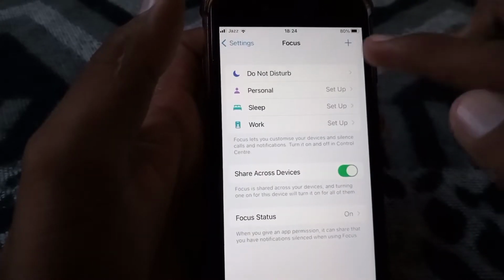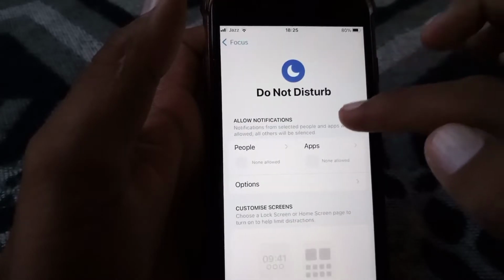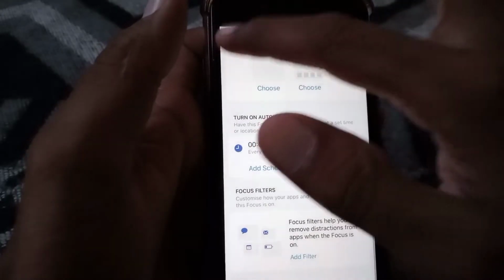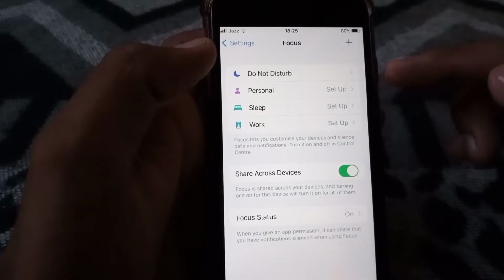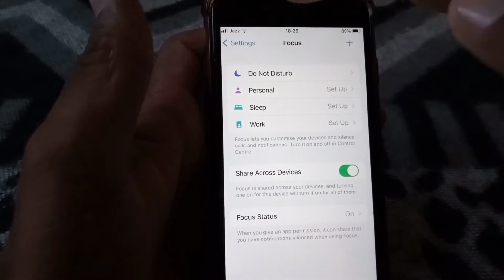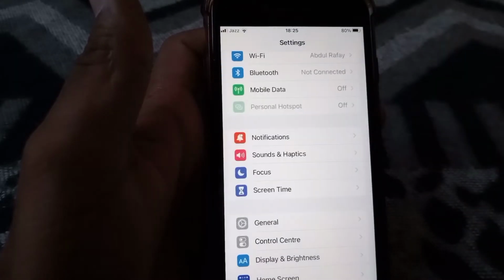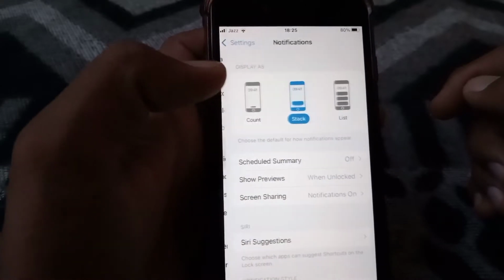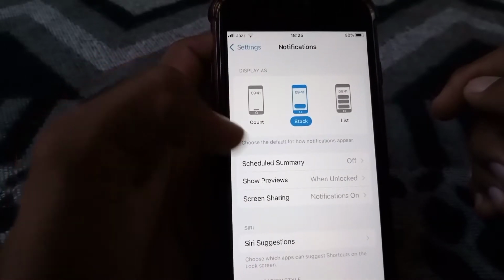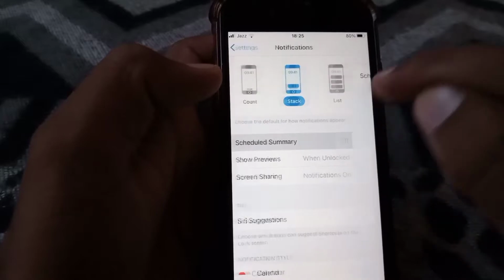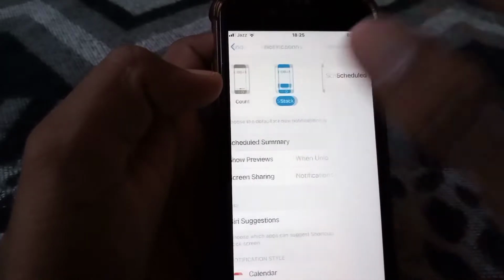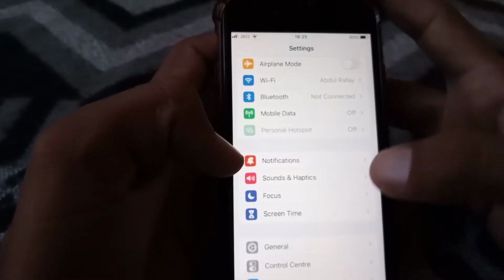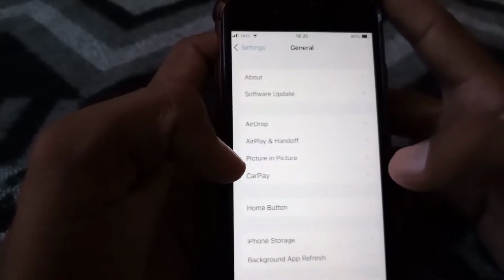And firstly make sure that you have turned the toggle off for Do Not Disturb mode. So you have to turn off your Do Not Disturb from here, and after that simply go back, and then open Notifications, and from here make sure that you have turned the toggle on for Scheduled Summary, and then go back again, and after that simply scroll down and tap on General,